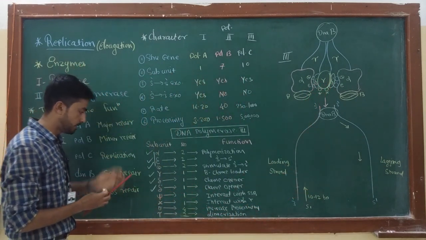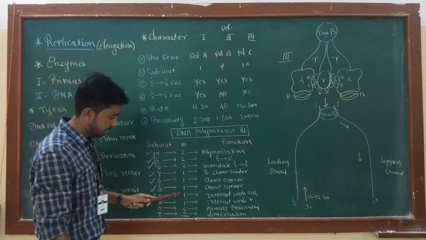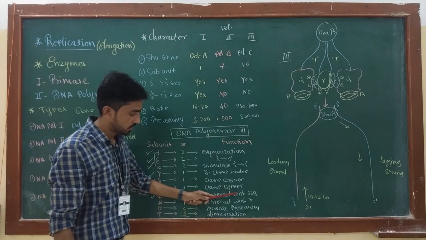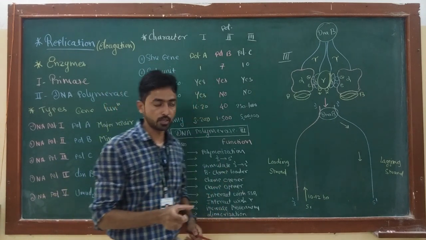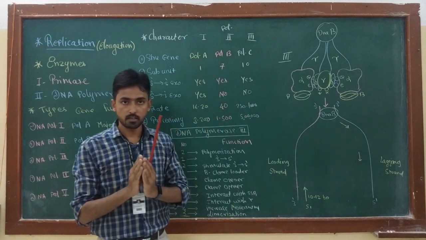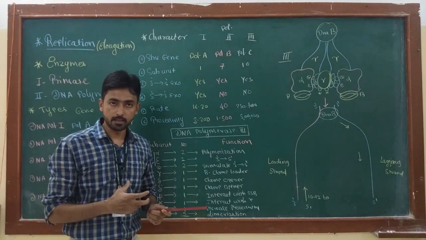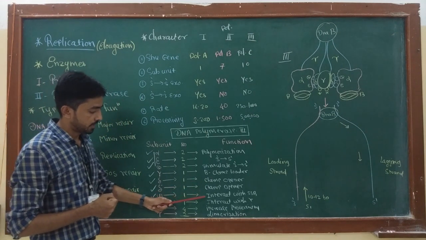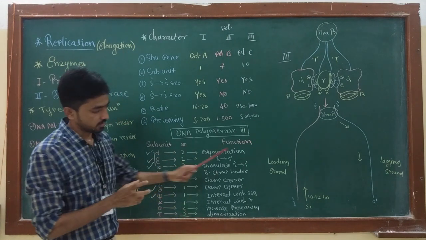The next subunit is psi. This psi subunit is one in number, and it helps in interaction with the SSB protein. Yes, in my previous video I discussed single stranded binding protein. This SSB protein helps keep both the DNA strands away from each other. That means the SSB protein prevents recoiling or reannealing of the DNA, and the psi subunit helps in interacting with the SSB. This is very important to load the DNA polymerase at an accurate site.